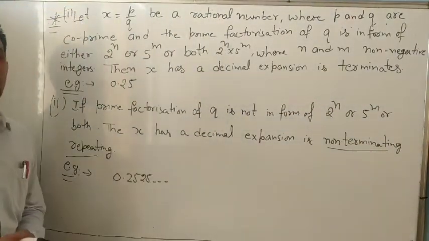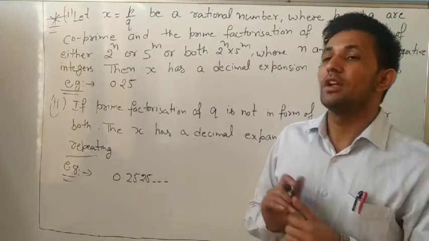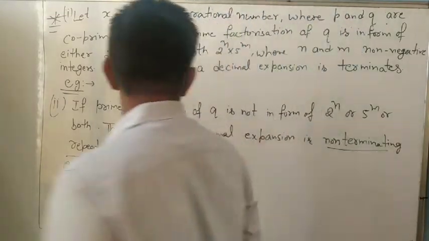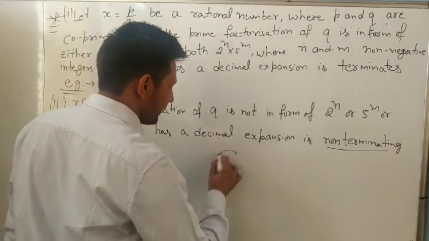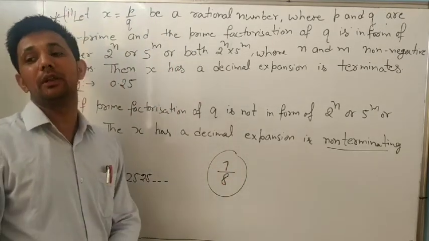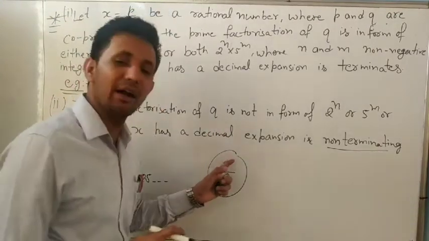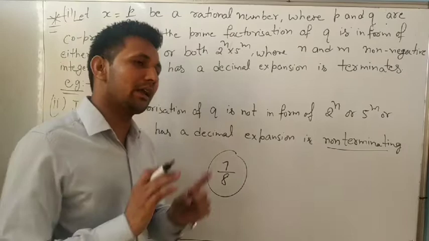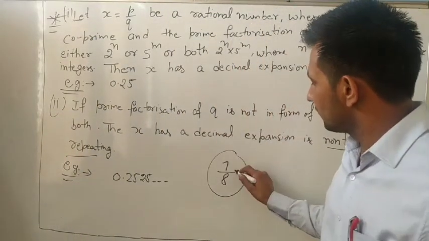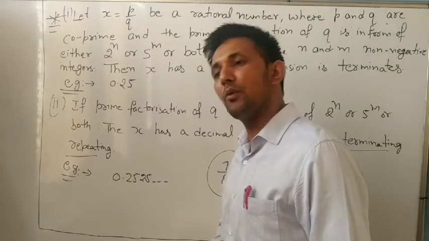Okay. So now we will discuss in what case we can tell directly, because the examiner gives you an example, 7/8. Tell whether it is terminating or non-terminating. We will not divide the number. Don't think we divide it and then find. The examiner asks you directly, without dividing, to find whether this fraction is terminating or non-terminating. So how will you find?